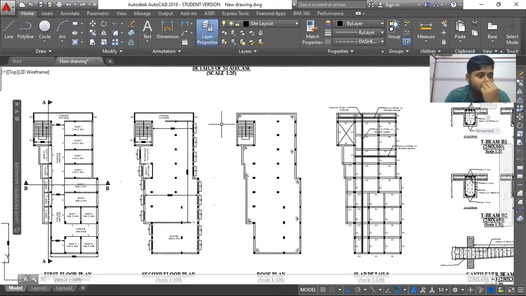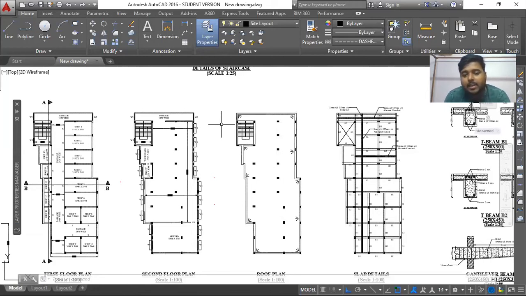Obviously, you can do this using SketchUp as well. Basically, you will import this plan into SketchUp and do the 3D modeling and take a screenshot of the top view of the model. That will basically look like a plan itself, and you can show it to him. But that is a very tedious and lengthy job. And if the client is not paying you for 3D modeling, why will you do that? Because rendering also takes time and consumes time, and also it requires a heavy engine, I mean a heavy PC system.